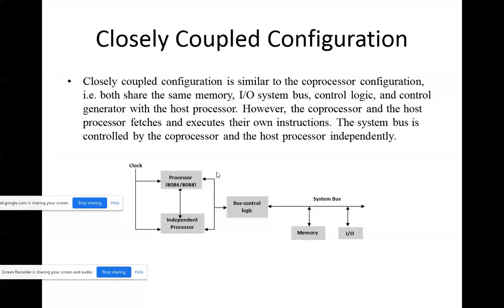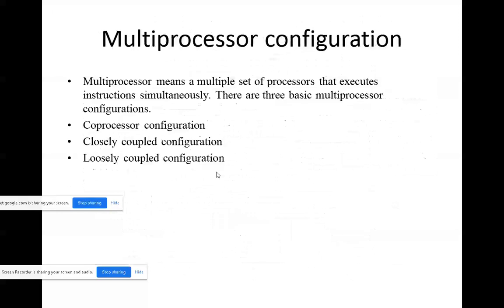Okay. So any doubt in the multiprocessor system? So multiprocessor is nothing but more than one processor going to connect to the system. Okay. Here you will be having three basic multiprocessor configurations: co-processor, closely coupled, and loosely coupled configuration. Co-processor means only one processor going to be added with your main processor, that is the first processor, and then those two processors will have the same peripheral device for performing the task. But closely coupled systems have more than one independent processor, that is